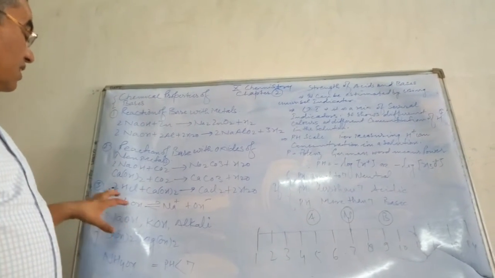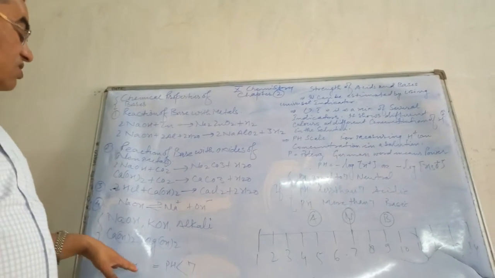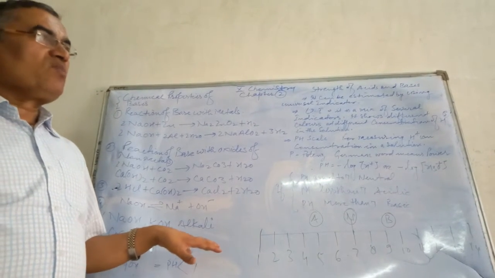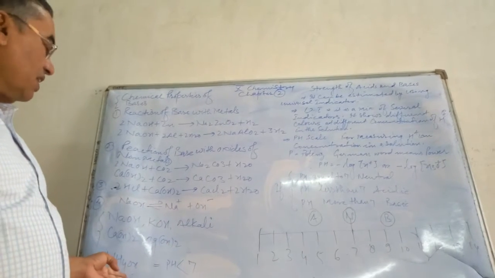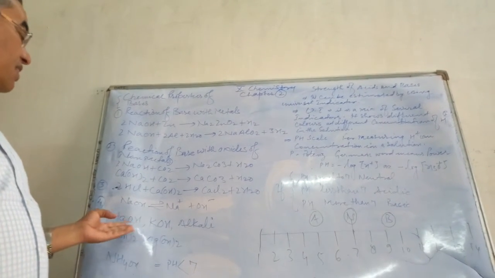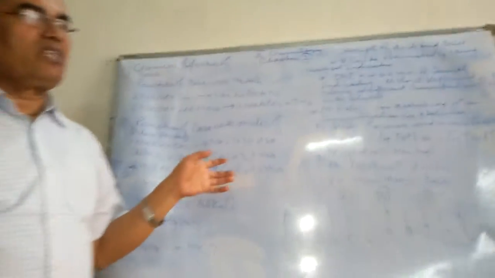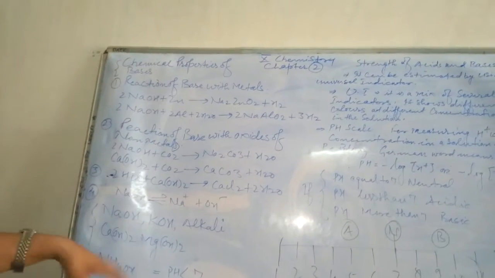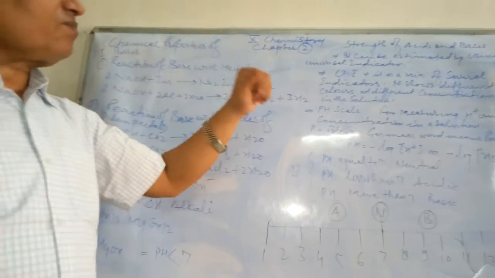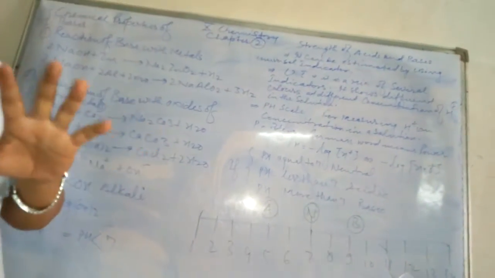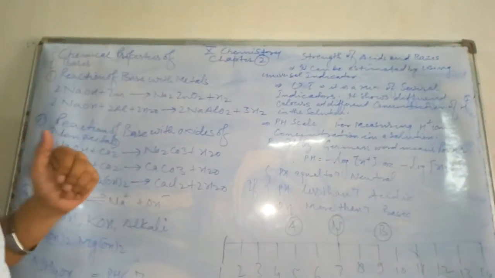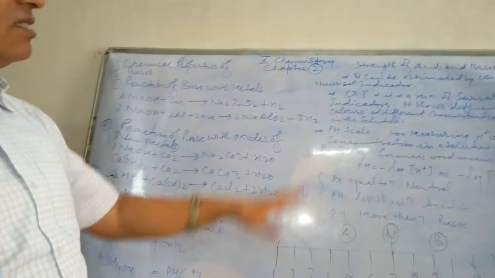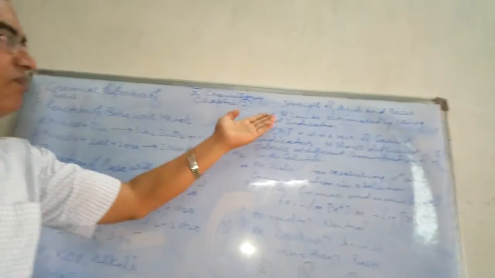So for weak and strong bases, when ammonium hydroxide gets dissolved in water, the rate of dissociation of hydroxyl ions will be less, whereas when we dissolve KOH and NaOH in water, dissociation of hydroxyl ions will be more. Now let us discuss today the new topic, strength of acids and bases. This is very important regarding your board examination. Every year some questions are asked from this particular topic, the strength of acids and bases.